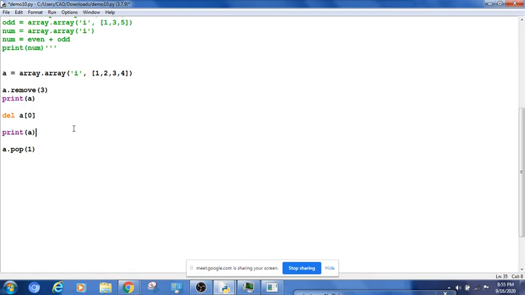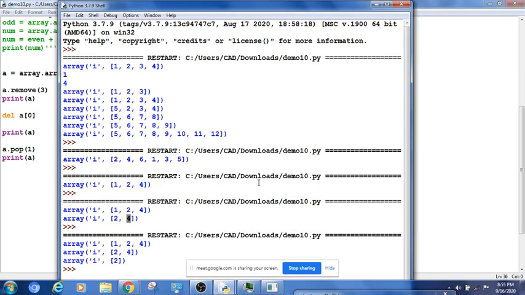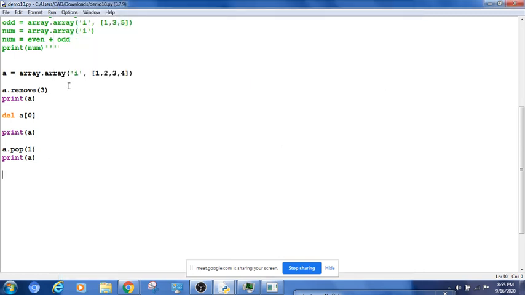When I say index 1, 4 will go. Now I will have only one element, that is 2. So 0, 1. 1 is gone, so only 2 will be there. So we have seen 3 methods to remove: remove, del with an index, and pop with an index.